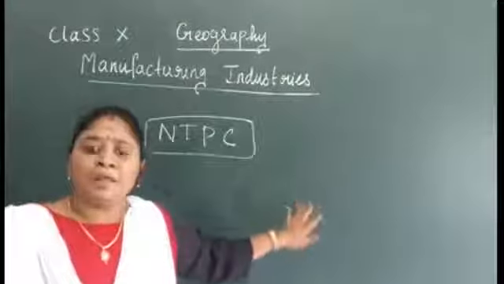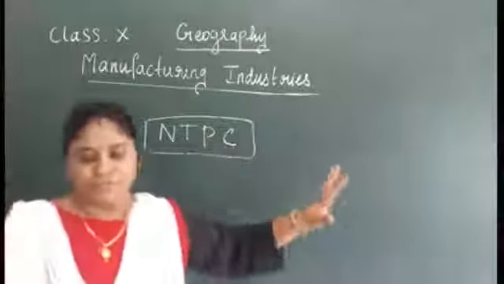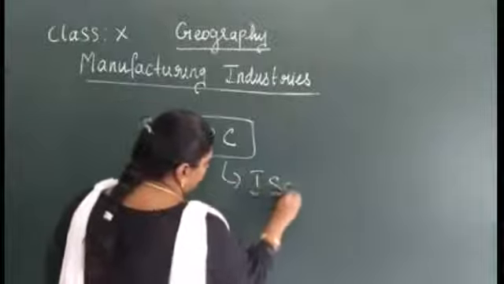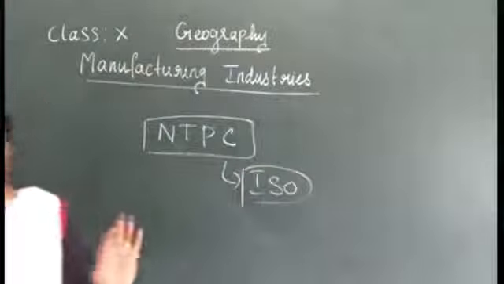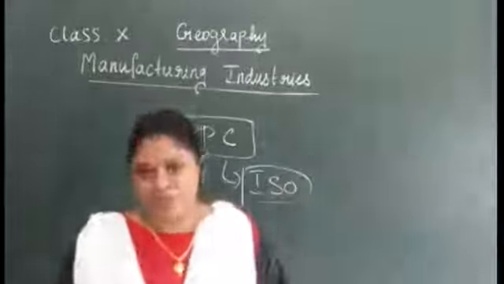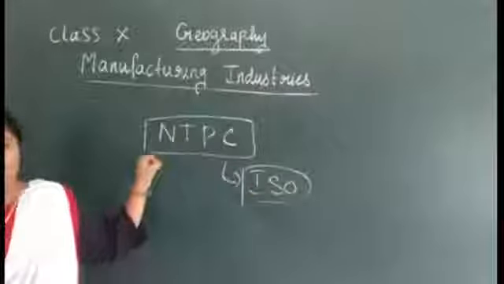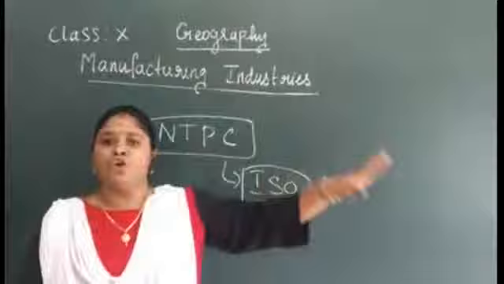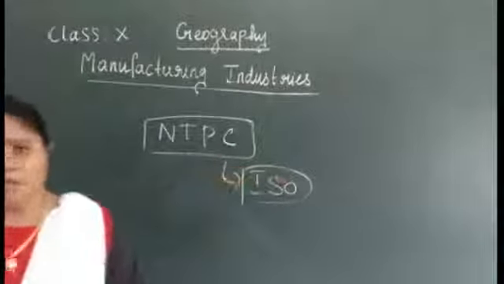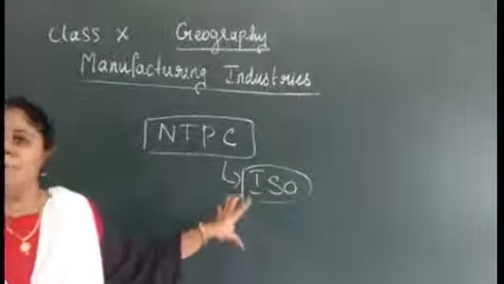So this is a plant which has been approved and given environmental protection. It is certified with ISO. ISO is Indian Standard of Certification. This certification is given to them for the approval of maintaining this industry with environmental protection. You can see that this also has one more important aspect: it works with an environmental management system.